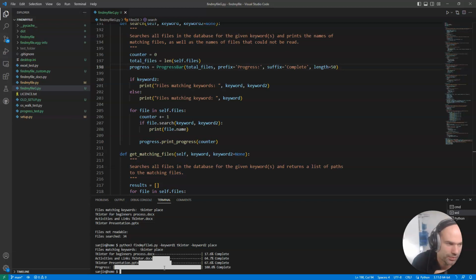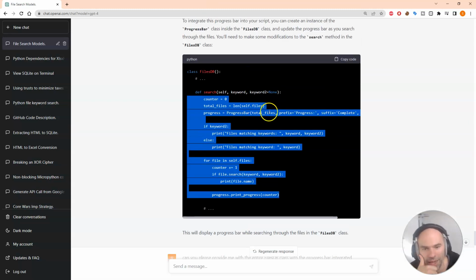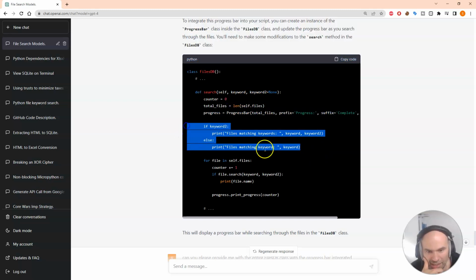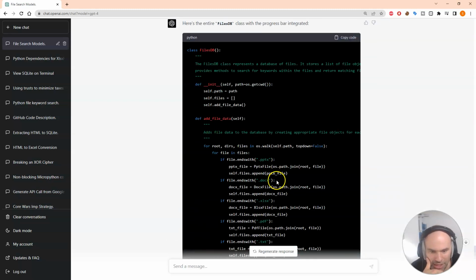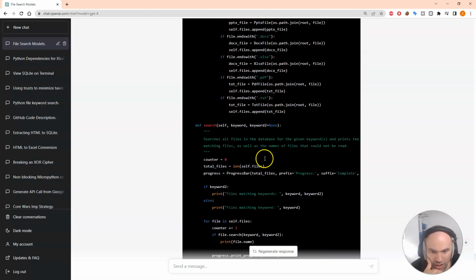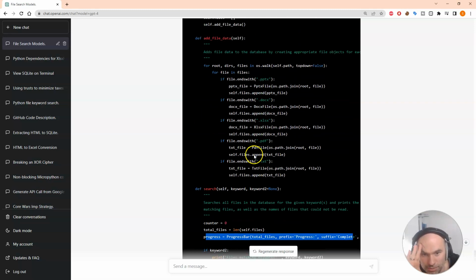And so this is interesting. It isn't really working. So if I look at, well, we can make it work. We can make some little edits here. The problem is the same function that's printing the results is also running the progress bar, and then the progress bar is overriding the results, and it looks all very messy, right? And it rewrote FilesDB here in its entirety, and see, it still does the progress bar in the same sort of search function,